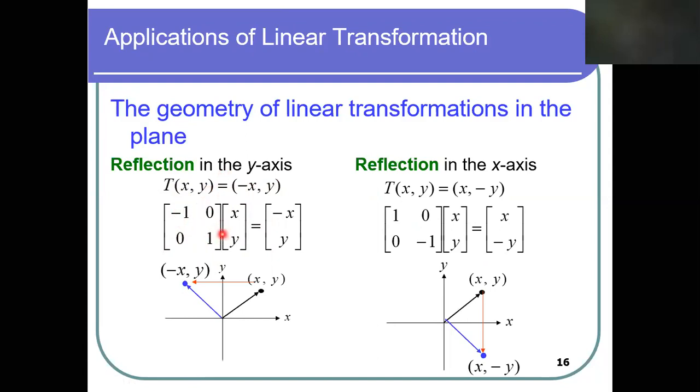So I just multiply it with some general coordinate (x, y) as input, and thus I get output as (-x, y). If I take reflection about the x-axis, I just take the matrix of reflection in the x-axis and multiply it with this input. I can write it as a 2 cross 1 column vector, because this is a transformation from R2 to R2. So dear student, I get this transformation. This is another representation of reflection about the x-axis and reflection about the y-axis.